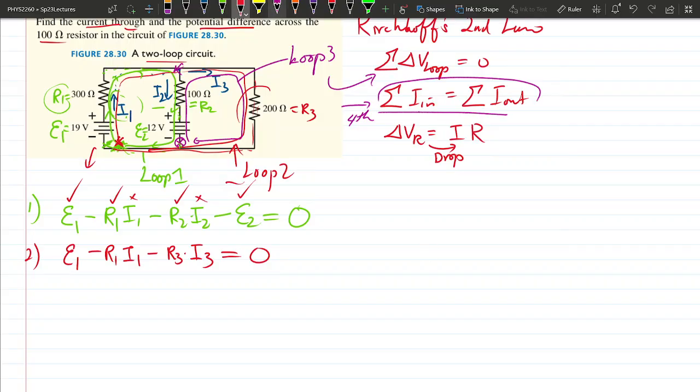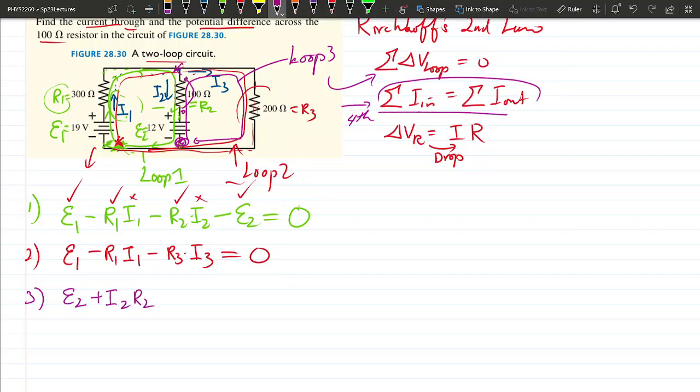I'm going to write the other equation, loop 3, but we're going to find out that we actually don't need it, and we'll wonder why we wrote that. But it's just good to practice writing these loops. Remember loop number 3 is the purple one, where we start off here, and we go the correct way across battery number 2. But now we are going against the current through a resistor. If you follow the current through a resistor, you lose potential. But if you go against the current across a resistor, you actually gain potential. It's like swimming upstream. So instead of minus, you get plus